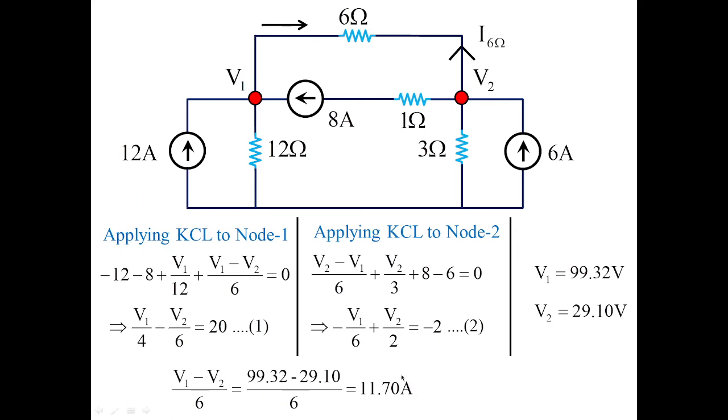Now this is the same magnitude of the current which we obtained using super mesh analysis. So I6 ohms is equal to minus 11.71 amperes according to the given direction of the current in the problem. So this is how we solve this problem using node analysis, and we can compare our results with super mesh analysis. By the magnitude and the direction of the current, you are getting the same whether you employ super mesh analysis or node analysis. So this is how we cross check the answers once we obtain them using different methods.